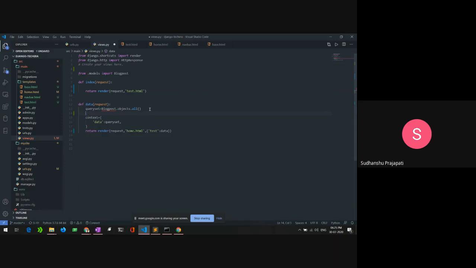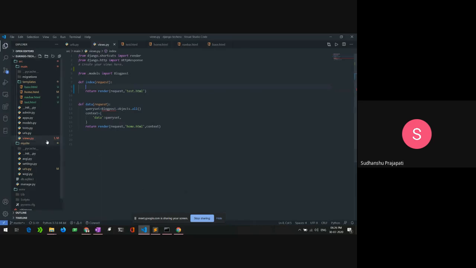Whatever you are processing inside the view should be passed here. So the format of context should be a dictionary. You can't just directly pass a variable. So let's go back to where it was, and that's fine. In here, I don't have any context, so I'm just leaving that part.